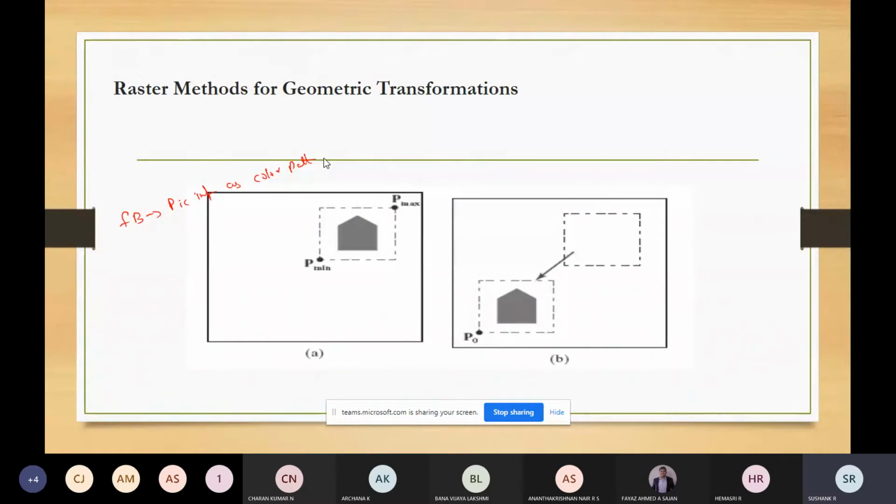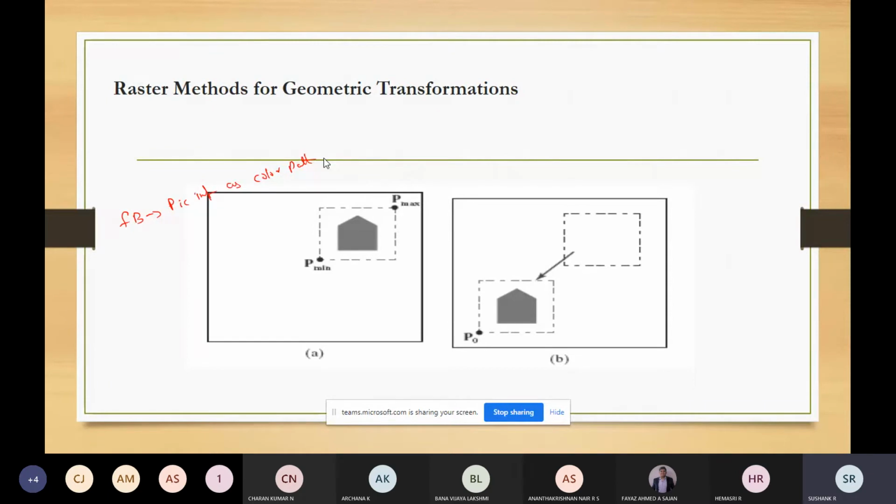The object transformation can be done by manipulating the pixel values, because in a raster system picture information is stored as color patterns in the frame buffer. So the object transformation can be done by manipulating the pixels, or the color array of pixel values. For this, arithmetic operations are sufficient.